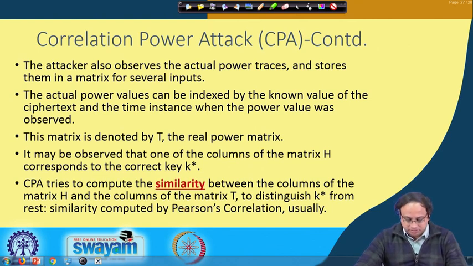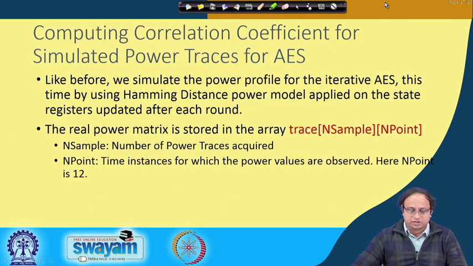This similarity is essentially very vital, and you can use any other similarity metric, but one of the most popular ones is Pearson's correlation metric. So again we try to compute correlation coefficients for the simulated power traces for AES. Like before, we simulated the power profile for an iterative AES, this time using the Hamming distance, because last time we were using the Hamming weight. You can try Hamming weight as well. If we apply the Hamming distance power model on the state registers, updated after every round, we store it in this matrix called trace, indexed by n sample and